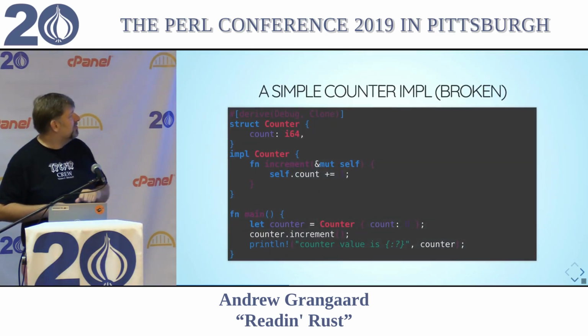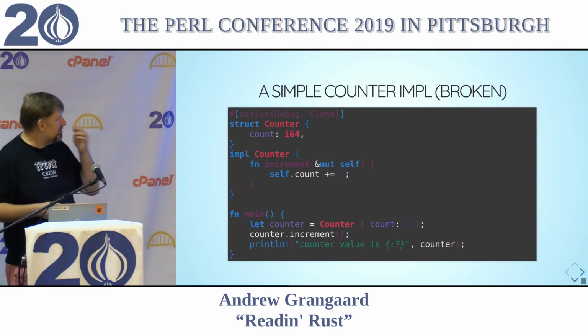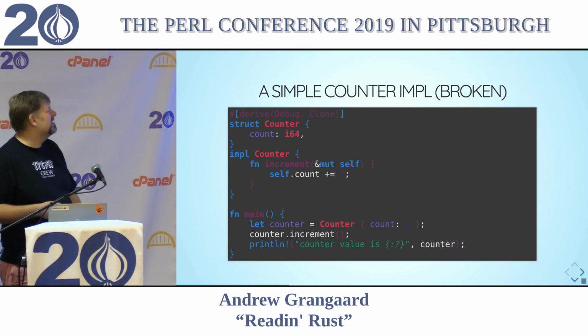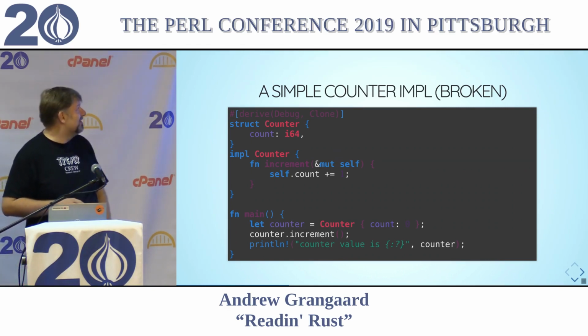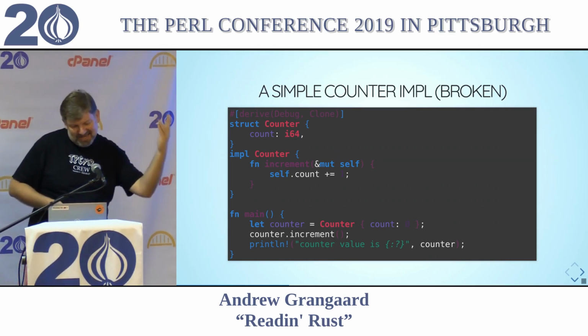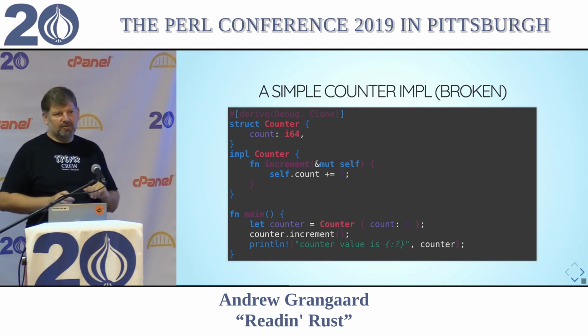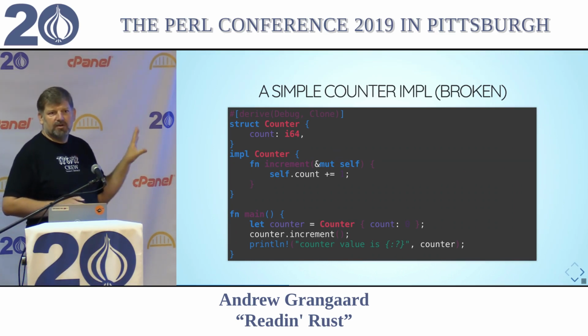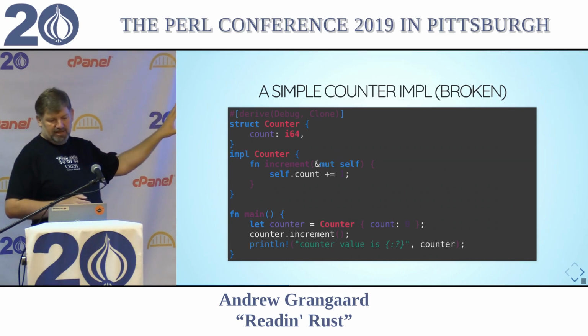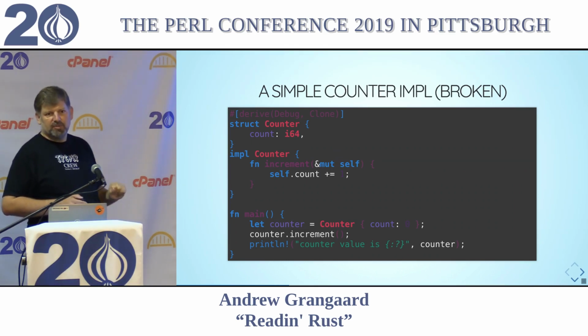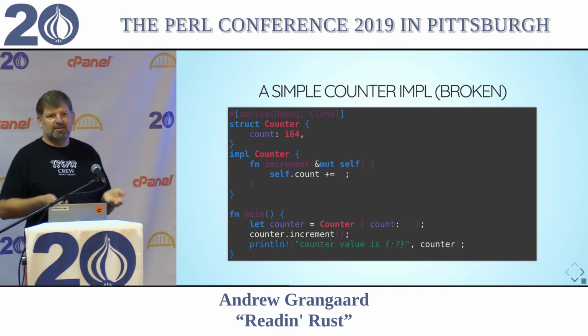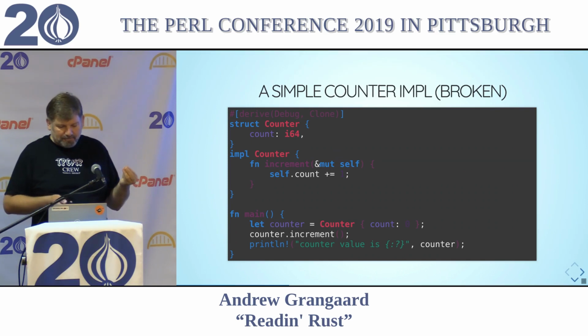So here we go. A simple counter implementation. This one is broken due to the same rules. So if I have a struct Counter, oh, it's really too bad. So what you can't see on the top line is a directive, which is the hashtag, square brace, derive, Debug, and Clone. So I can say, hey, you know what, compiler? Imagine that I wrote the boilerplate code that would give me a debug version of this for printing. And so you put that there and it will write that code for you, because you don't need to write that code. This is the kind of stuff I love.